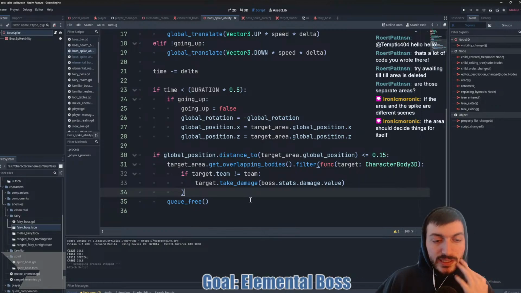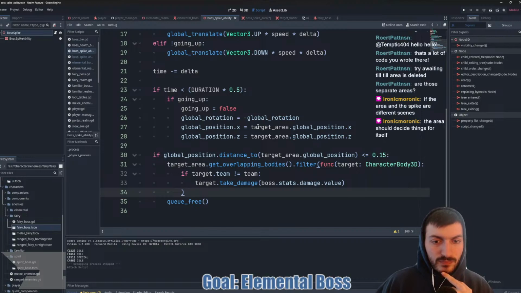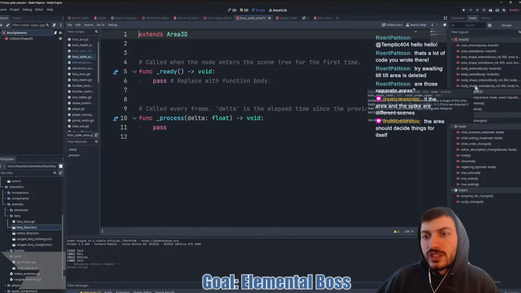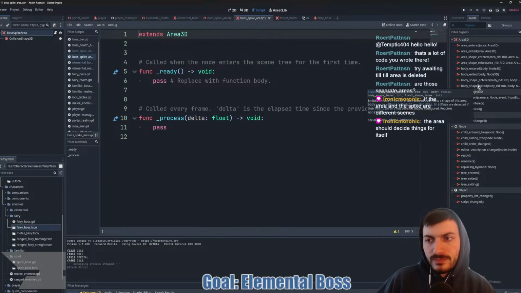Right now the spikes are the ones doing the damage, but I think the area should be the one doing the damage. That way the spikes are just purely visual. But we need to figure out which signal to put on the area to detect the mesh instance has entered.